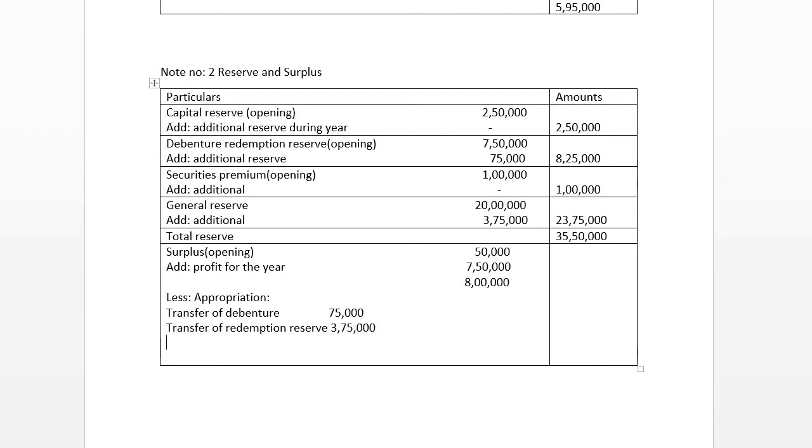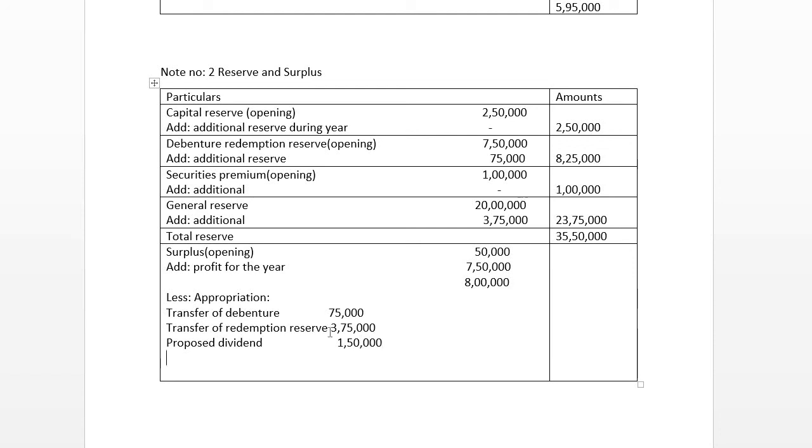Suppose any proposed dividends are available, the amount of the proposed dividend is 1,50,000. Suppose any DDT, that is dividend distribution tax, is given, at that time assume that it is 22,500. When we make the total of this